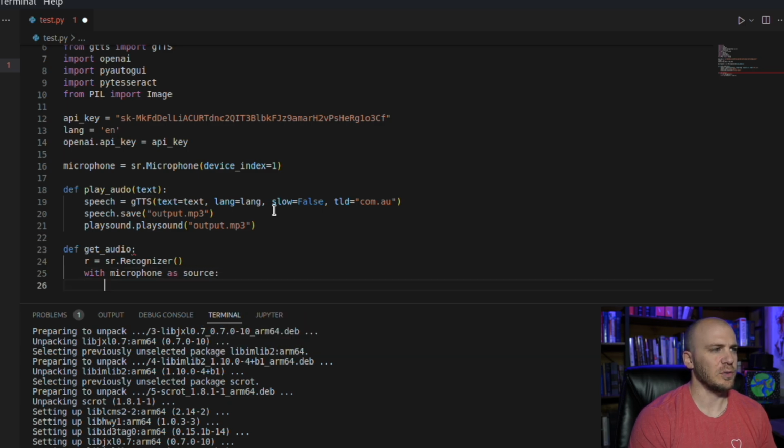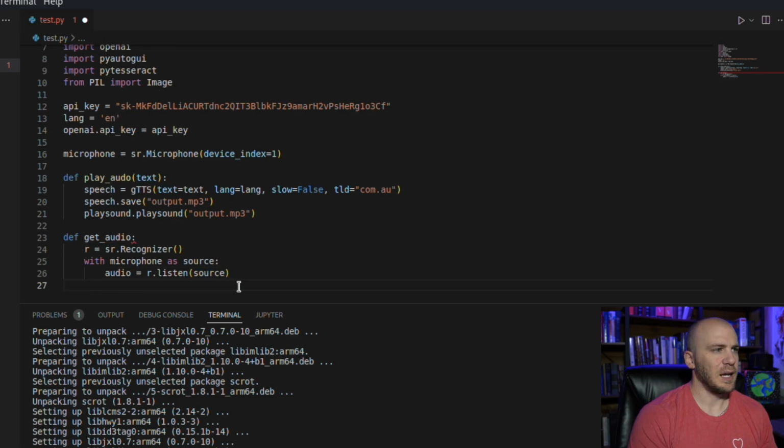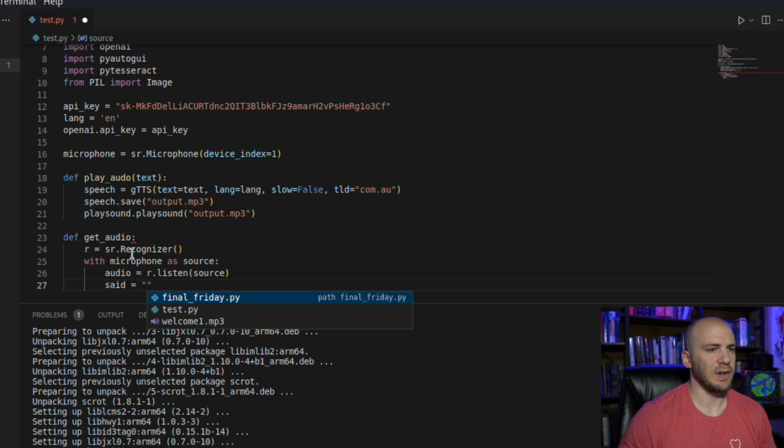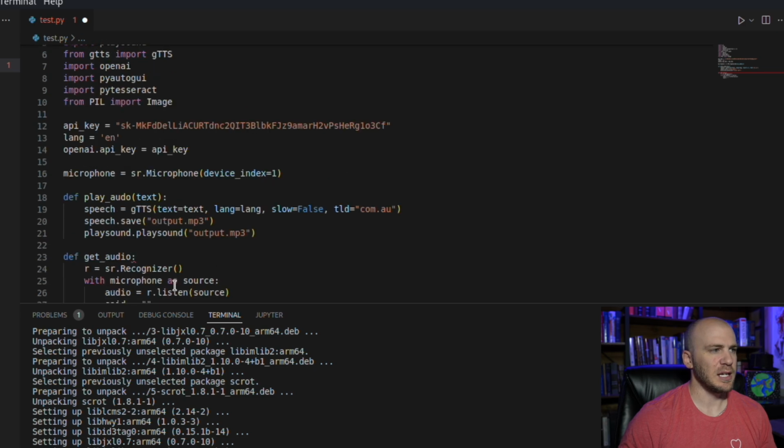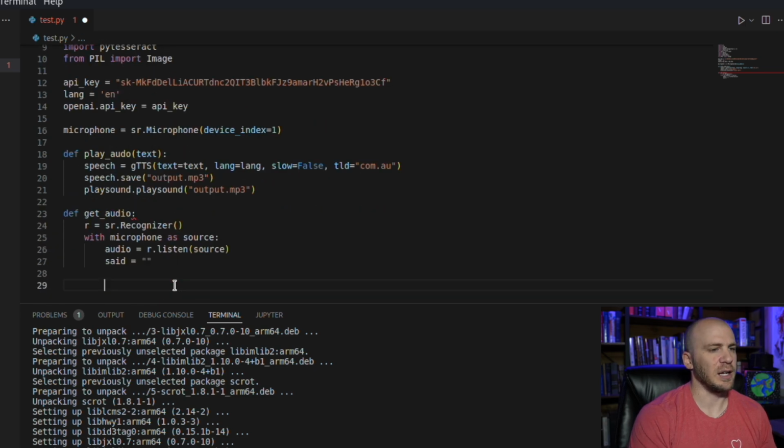So we are going to say audio equals r.listen, and we want it to listen to our source. So our microphone is going to be listening, and we're going to save everything that we say into a variable, which is going to start out as an empty string. So sed is going to be an empty string, and then we're going to save everything into it as we take it in. So now we're going to create a try.